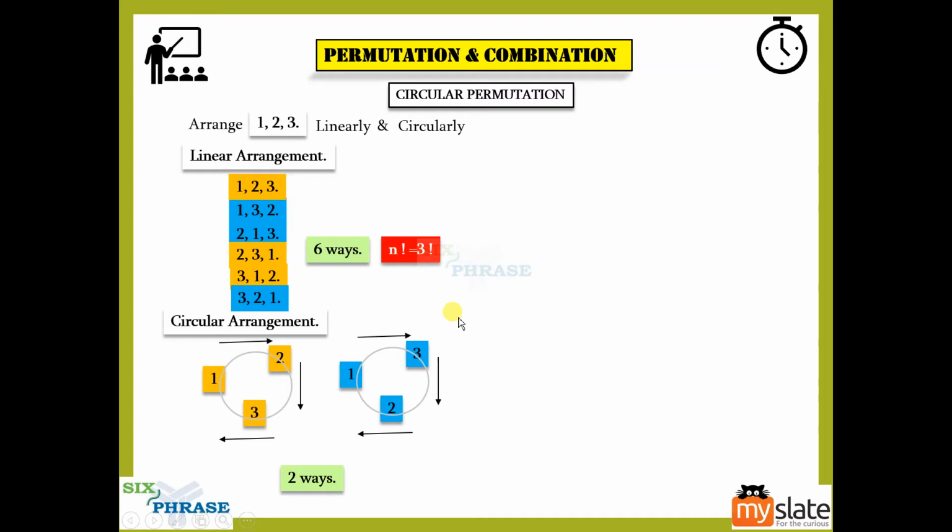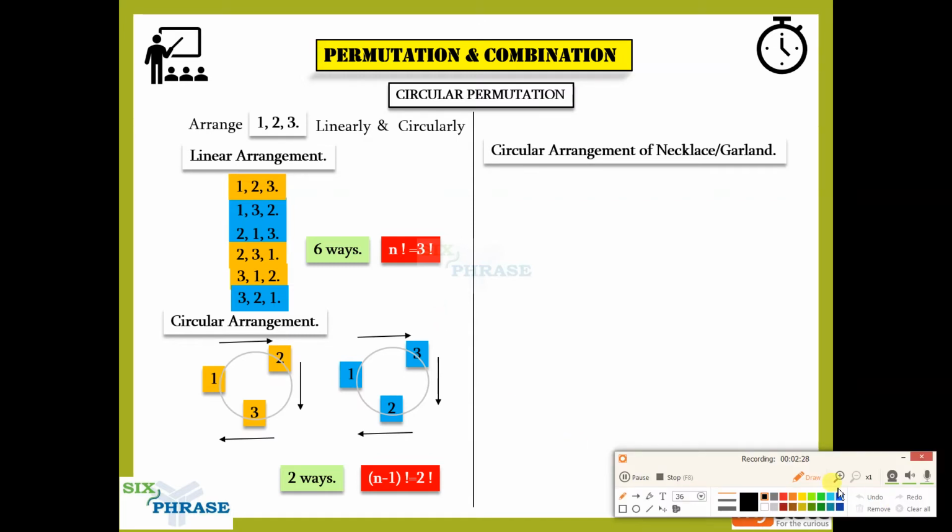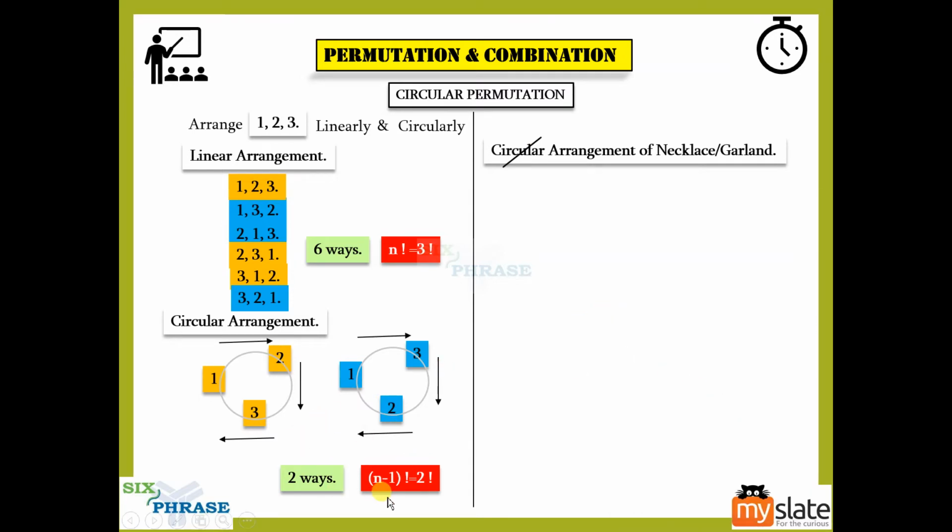Yes, so in general, guys, you can take this to be n factorial and take this to be n minus 1 factorial. Okay, so this is what we learned, right? In circular permutation, this is what we do. Now suppose here I shouldn't call this circular arrangement, guys. I should call this arrangement of a necklace or garland, because they don't follow the circular arrangement rule, which is n minus 1 factorial. I could call this a special case of circular arrangement.